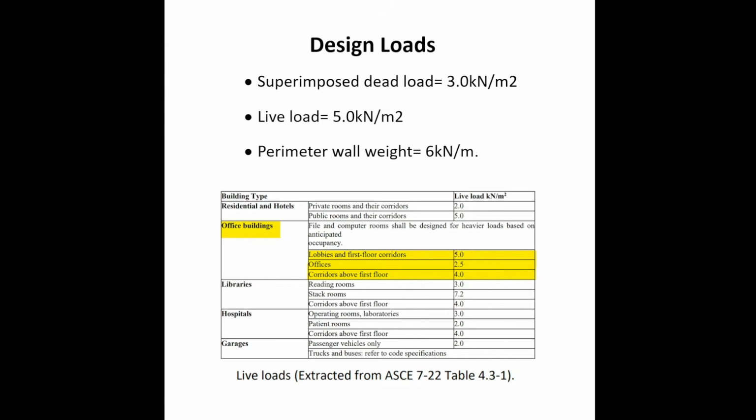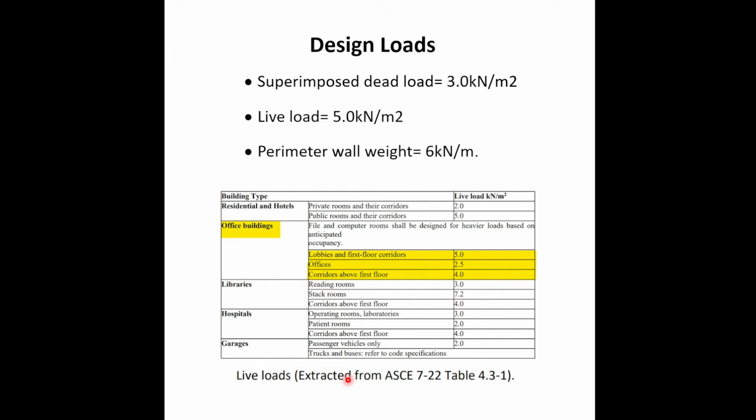Design loads. We have a superimposed dead load of 3 kN per meter square. This is superimposed coming from plastering and tiles and other finishes, so it's approximated to be 3 kN per meter square. Live load of 5 kN per meter square, as